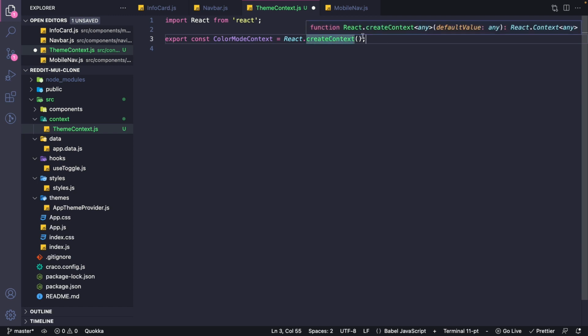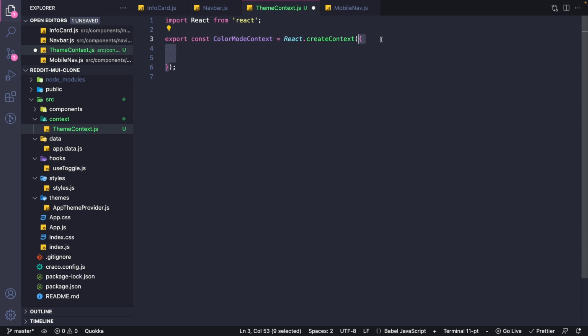So the purpose of this context is to hold the mode as well as toggle the mode between light and dark. So this accepts a configuration object within which I'm saying I need a function called toggleMode and a property called mode. Now that we have defined how a context should look like, let's implement the context,